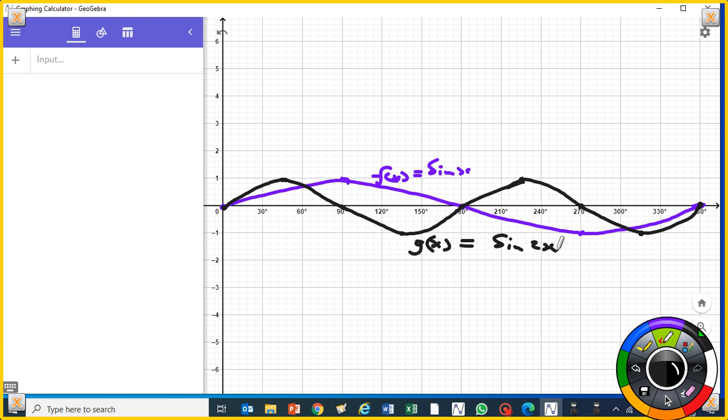Okay, now if I were to ask you, I'm sure you can see, do you see that there are two sine curves that fit between 0 to 360 for g of x? You see it goes up, then down, that's a complete sine curve, then a second one. So the fact that we have got two sine curves between 0 to 360, that's the reason why we have got that 2. Okay? So what is the curve then? For f of x